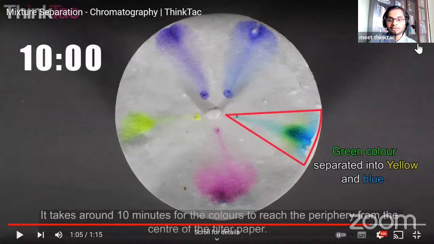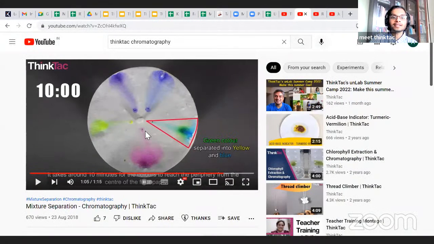So what do we see here? We see that the green dot that we had made is now separated into yellow and blue. So this is what chromatography means. It's the separation of colors. So I want you guys to, in the chat, tell me what are the independent variables in this